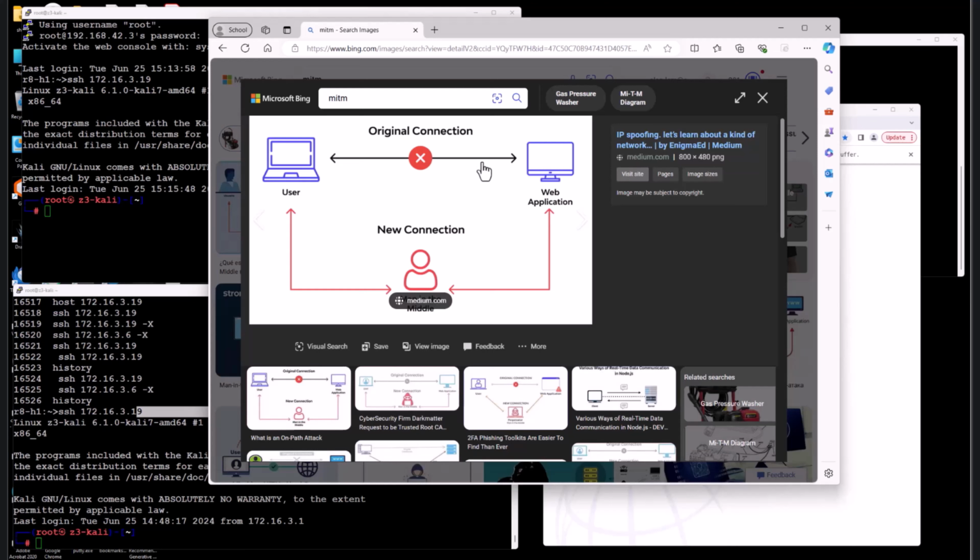But if you apply the man-in-the-middle attack, then the traffic originally from this user to this web server will be routed to this middleman, and then through some manipulation, the hacker can capture the user password information originally sent